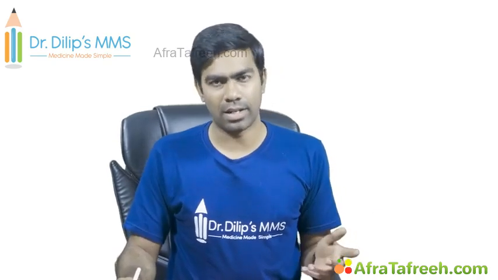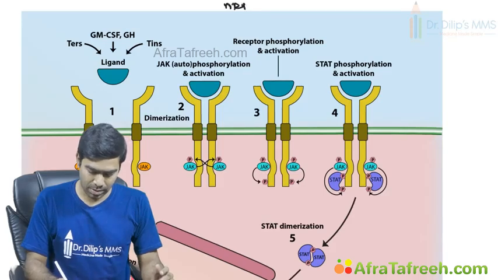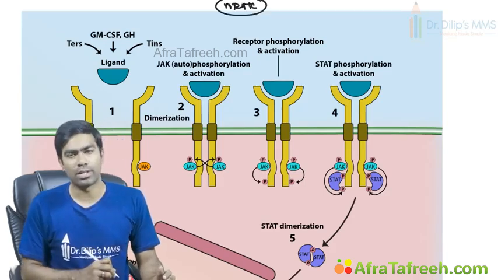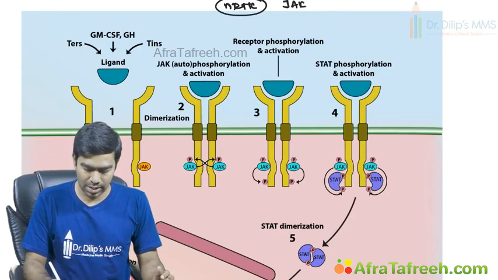Clear? I'll write the final summary at the end, but very, very important to understand. A lot of points are there to understand this particular pathway. So with this, we can move on to the next pathway, that is the non-receptor tyrosine kinases, NRTK pathway. So what will happen in the NRTK pathway? So you can see this is a classic NRTK pathway, non-receptor tyrosine kinases, which is otherwise referred to as the JAK-STAT